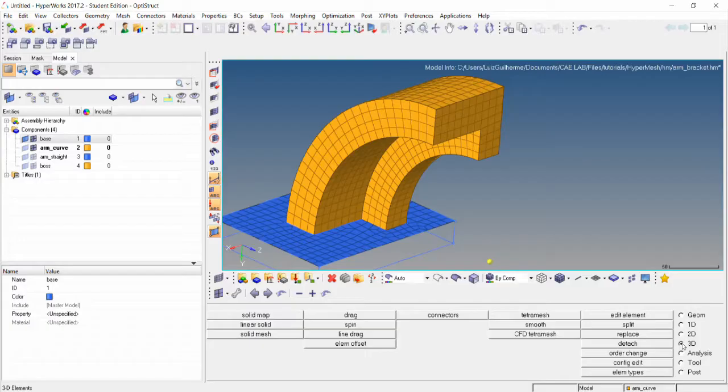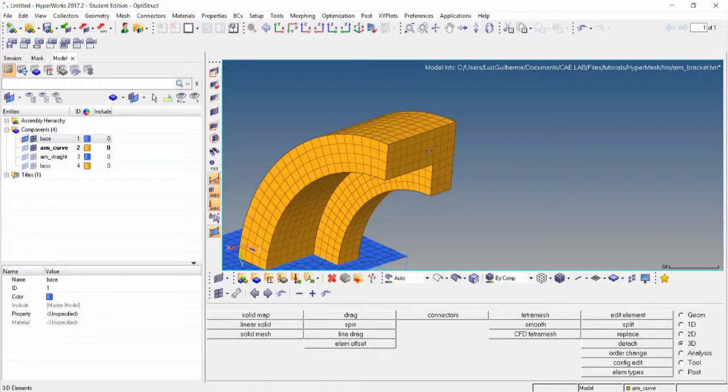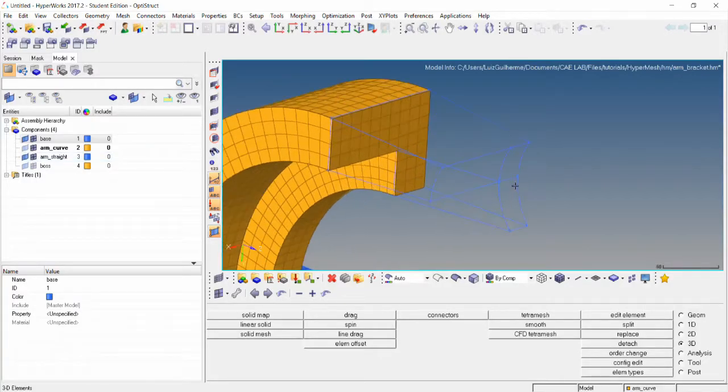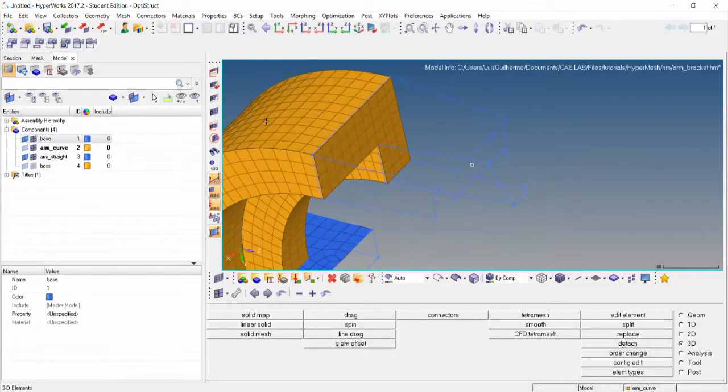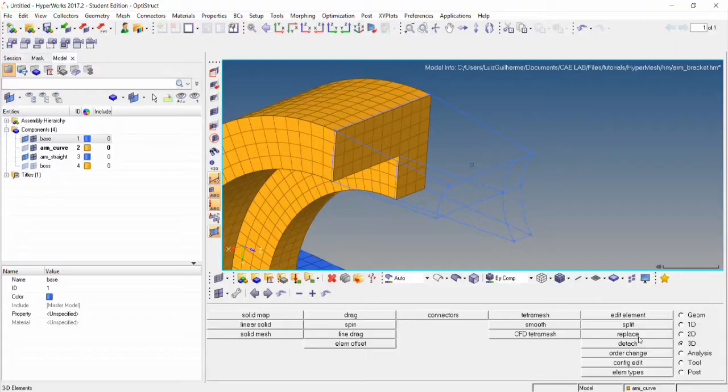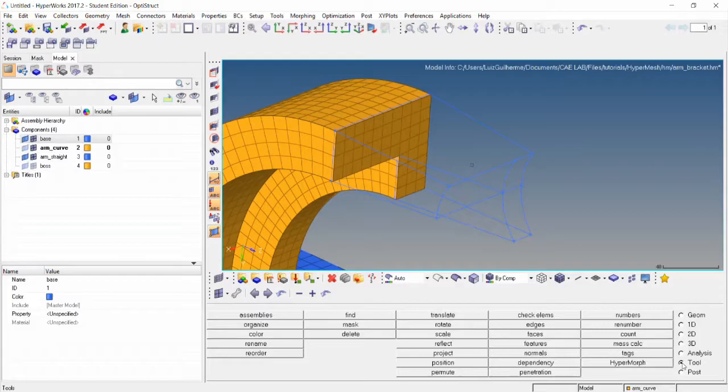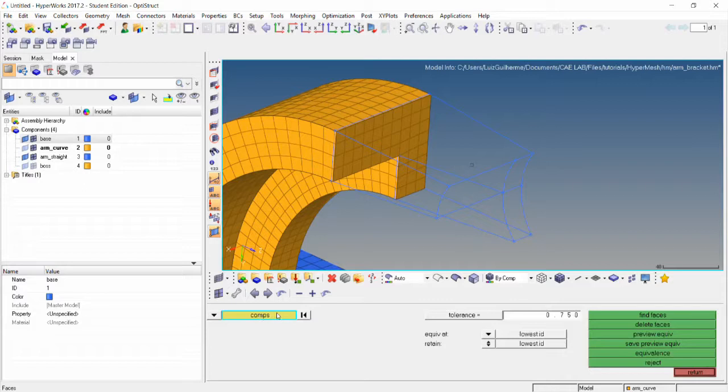The next step is to create 2D elements on this surface so that we can use another method for meshing the arm straight component. As you can see, it is a tapered section, so we're going to use another method. So we're going to go to the tool page, and then faces panel, going to select